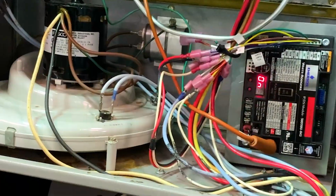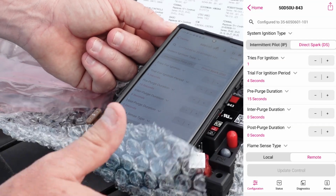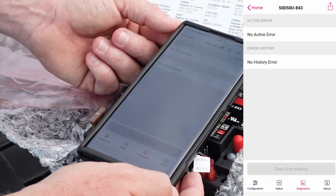When you're done with installation, it's just a matter of starting up the furnace and properly testing it. At that point, you can also use the White-Rodgers Connect app to do diagnostics and troubleshooting, or just simple system status. Big thanks to Dirk for doing this installation video showing you how easy it is to use the AllSpark